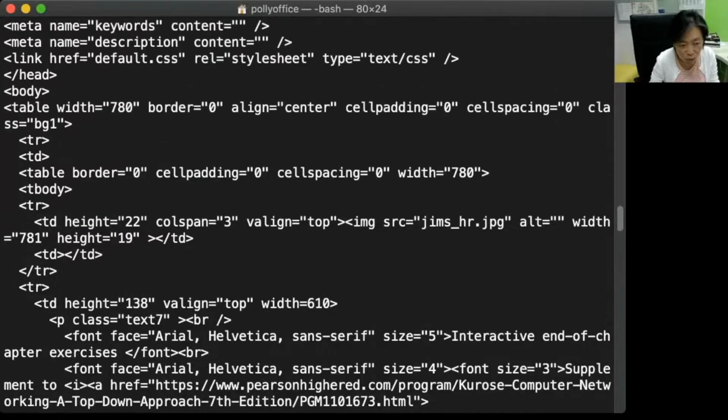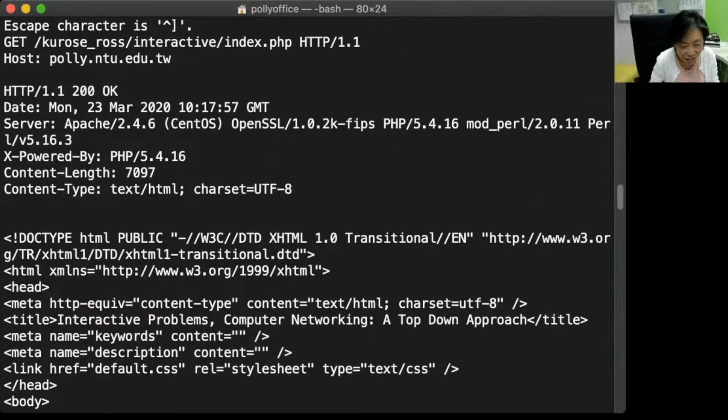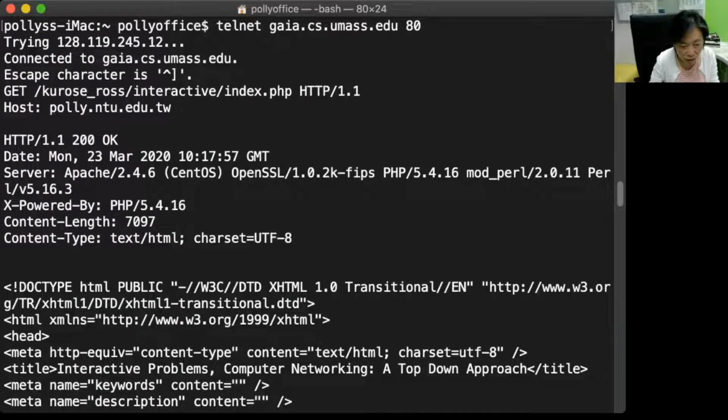Okay, let me scroll a bit faster. I don't know how long this is. Oh, there we are. Yeah, so we typed up this line here. And we also say we are host poly.ntu.edu.tw, and an empty line, and then return again. The whole message gets out to the web server at